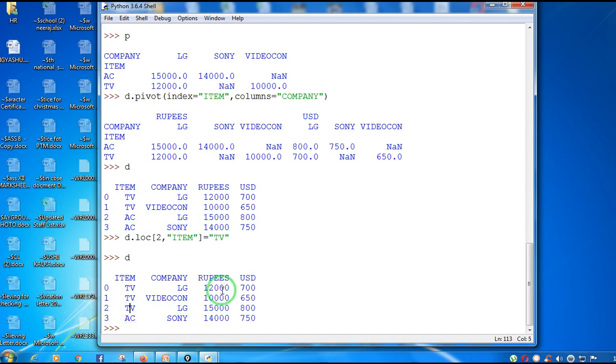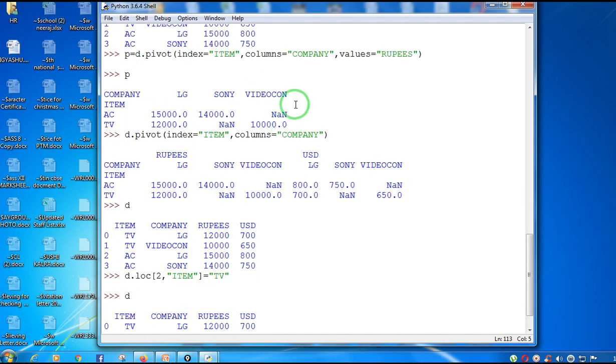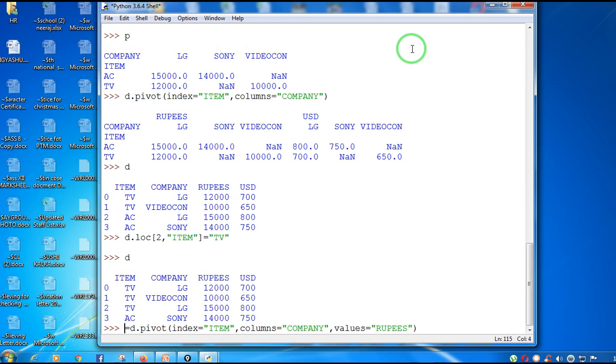Now if I use the same command that I gave over here, item will become the index, company will become the columns, and values of rupees will become the values.